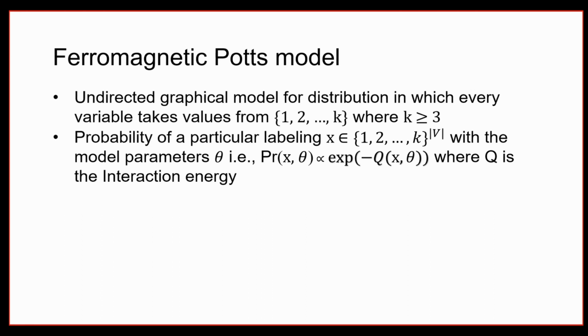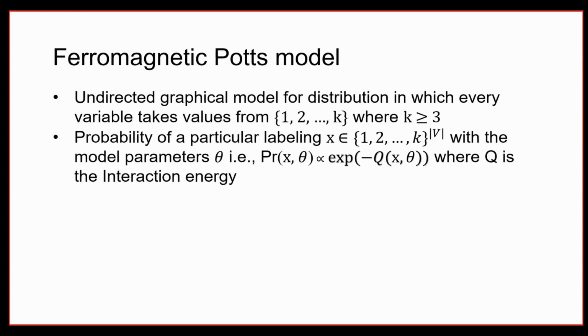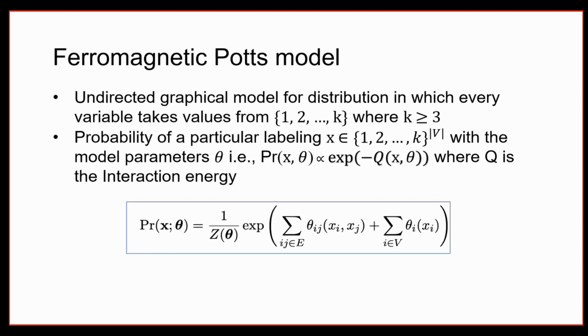The reason why we have all this ferromagnetic energy is that these models were initially developed for magnetism, like ferromagnetism. If you are familiar with the Ising model, this model is basically a generalization of the Ising model. In the Ising model, you are allowed only binary states, +1, -1, or 0, 1, whereas here you're allowed to go up to k states. So the particular energy function